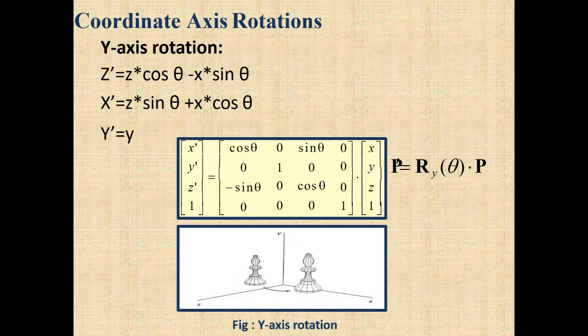So this is how it is going to work. The values of x and z will be changed as it is happening on this plane, so y is actually the axis being rotated about. That is why it is called the y-axis rotation. Let's say the y-axis is somewhere around here. Whatever object is rotating from here to here is actually rotating around the y-axis. So that is why the y-axis rotation is happening.